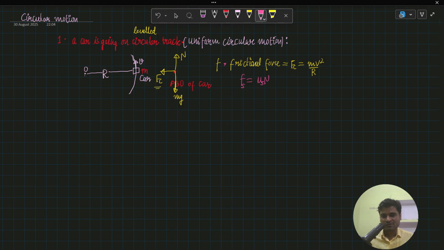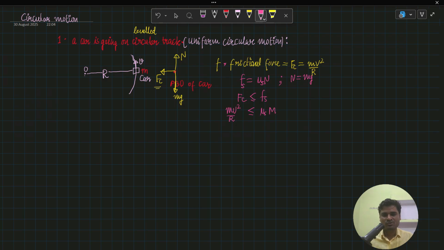So Fc, the centripetal force, must always be less than or equal to this maximum frictional force, and we can write it like mv square by r should be less than or equal to mu s into N. And N from this free body diagram we know is equal to the weight of the car or weight of the vehicle,